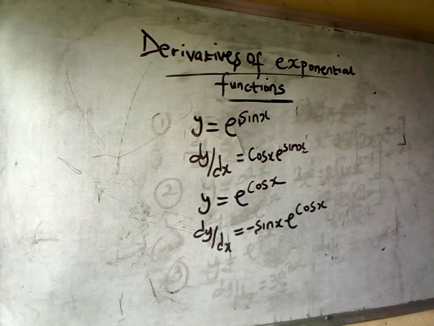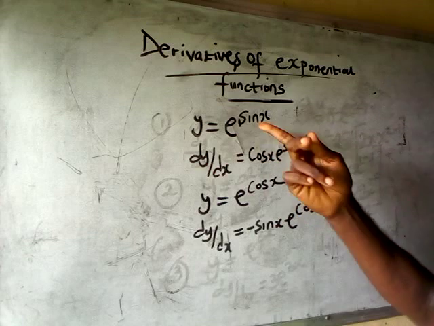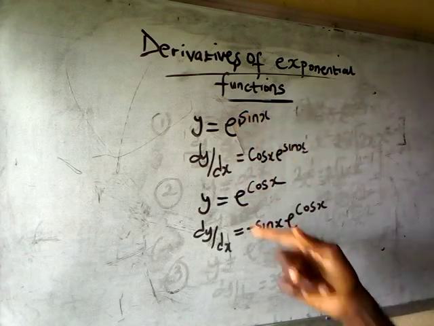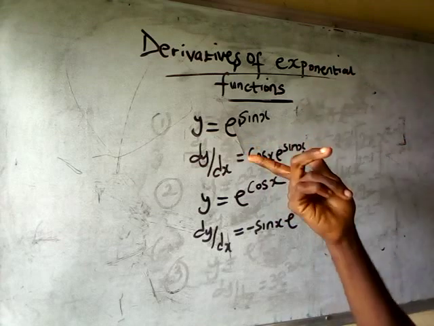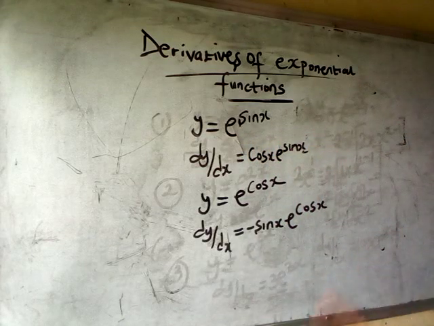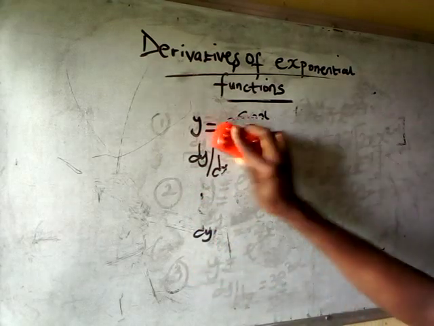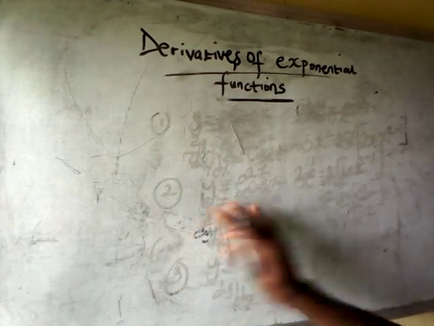So conclusively, if a question like this is given, that is the derivative of an exponential function, we differentiate the power and write the answer at the back. Then we repeat the original function again. It's very simple. Let me give you something to try and drop the answer in the comment section below.